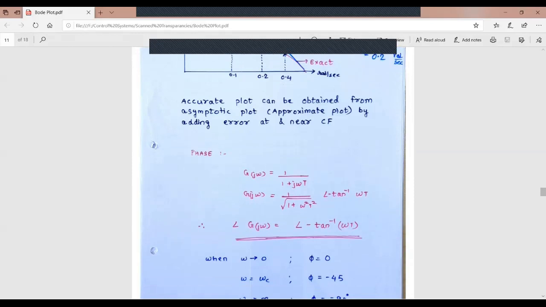Now the phase of that. Phase is quite easy. This is the factor that we were talking about. Phase will be tan inverse of omega t. Again, the approximation comes into the picture. So before that corner frequency, it contributes 0. After the corner frequency, it